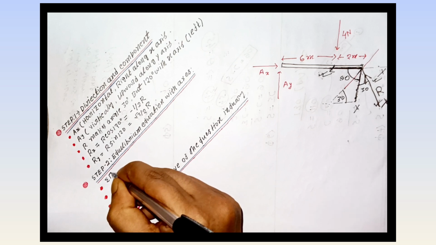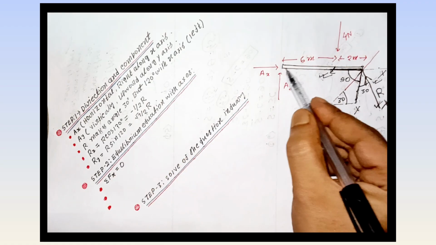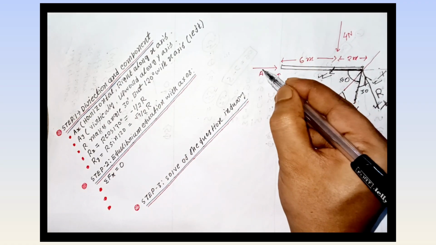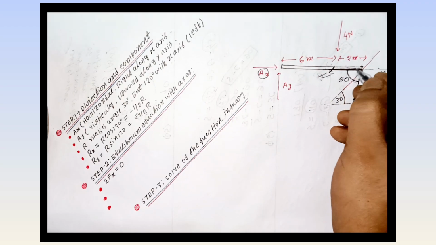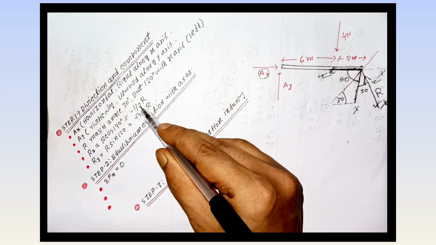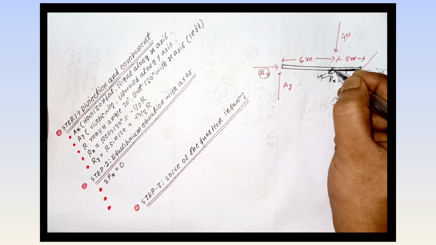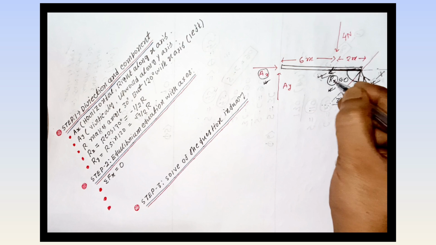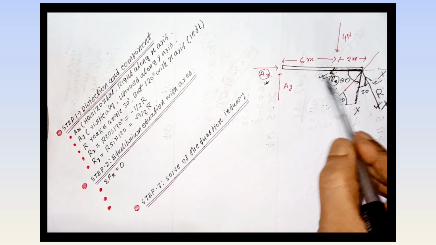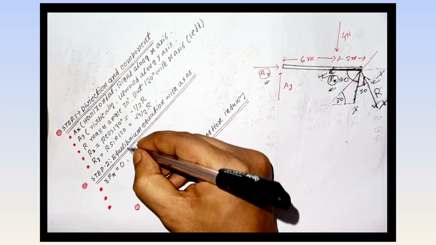Now, step 2, equilibrium condition. Summation of Fx equals 0 because of equilibrium. In the summation of Fx, there are two forces, AX and this force, this line, R cos theta, that is minus 1 by 2 R. Anyway, I write R cos theta according to the x axis. So there are only two forces, R cos theta and AX. Now, if in equilibrium, then the summation of the two forces is obviously equal to 0.